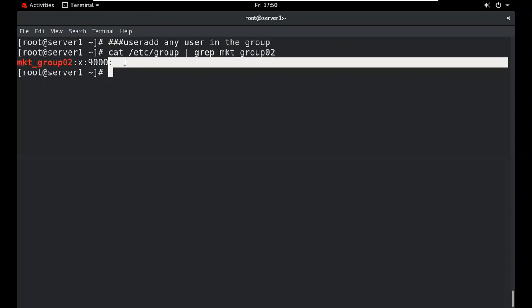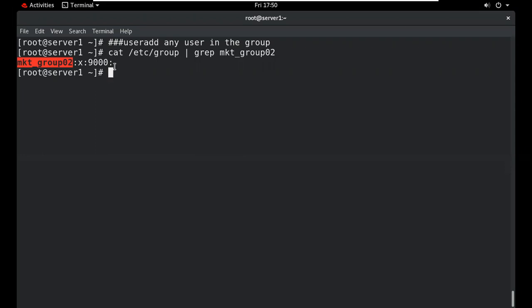So the permission will be applied on a user when we log in through the username, not a group name. So we want to access any file or folder by using the user. So first we should add the user in a group, then we can log in through the user, so we can access the permissions. We can use the usermod command to add the user in a group. This is the command. This is the syntax, -g.